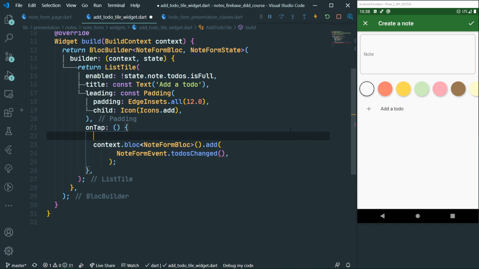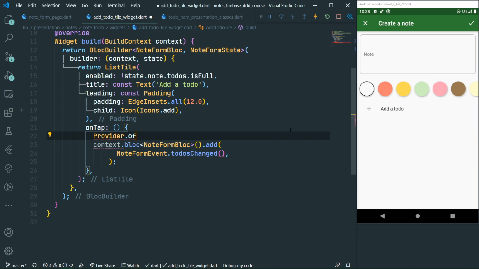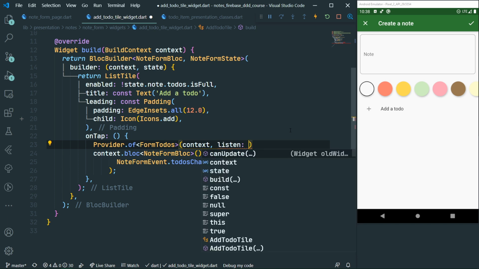So that means that we want to update the form to-dos and add a new empty to-do to them. So we can say Provider.of, let's actually import Provider.of form to-dos, and let's pass in context, and let's say listen false,